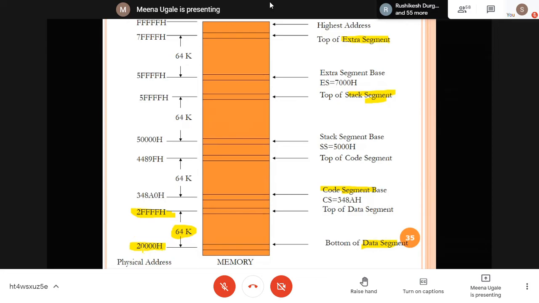If you see, this address is a 5-digit number. This is a 20-bit address. And we are going to work with all 16-bit operations here. So how do we convert this 16-bit to 20-bit? That is known as logical to physical address translation. It is also known as the effective address. What is the meaning of effective address? I'll show you now.